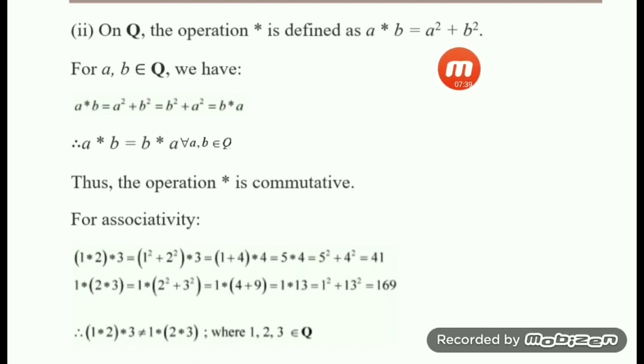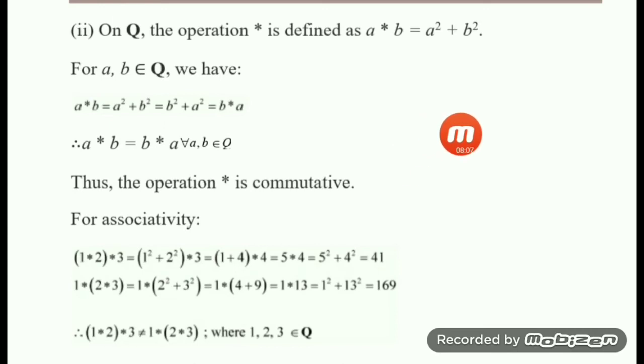First we will think it, then we will go for the solution. So I have written here, we are considering two elements A and B in Q, and we have here A star B by definition A square plus B square, and the position can be changed. It can be written as B square plus A square. That gives you B star A, or separately also we can do it. So we have seen that A star B is equal to B star A. For all A, B this is true. That means the operation is commutative.